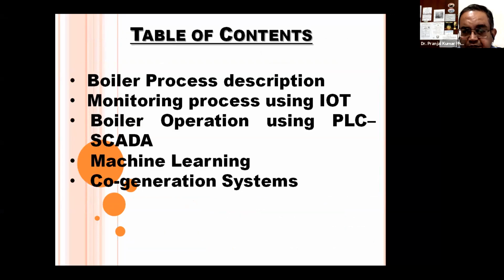So my slides are based on 5 chapters only. First is a brief about the boiler process. Second is how we can use IoT, Internet of Things, for monitoring. Third is how you can use SCADA for boiler operations control. Fourth is machine learning. And last will be cogeneration systems, which will go through very basic things so that you can understand